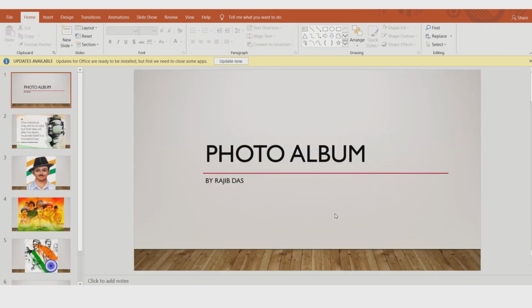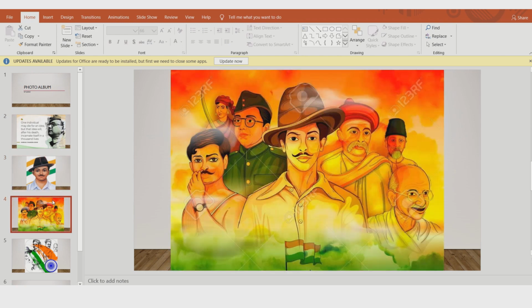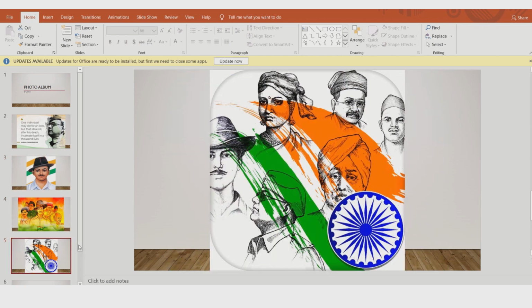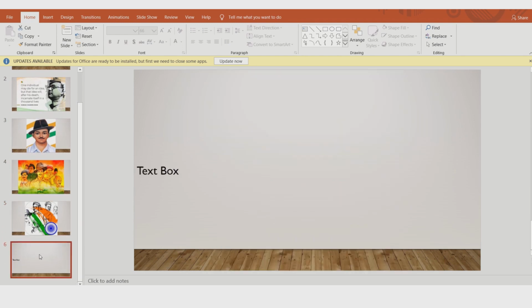See, the theme is this. This design, the slide design, is the theme. So you can give the photo album name here. Four photos are already inserted, and next one is the text box which I have inserted.